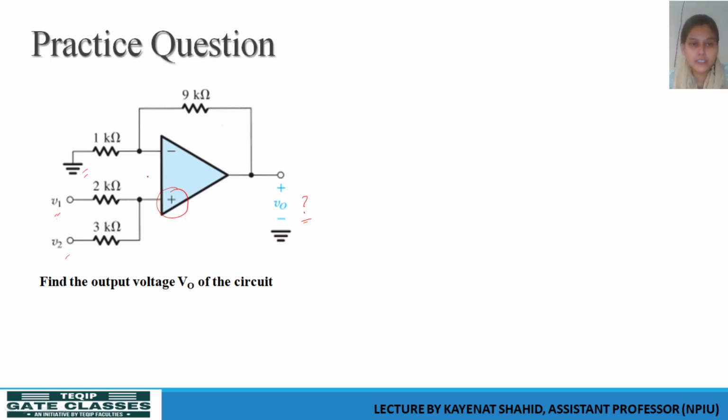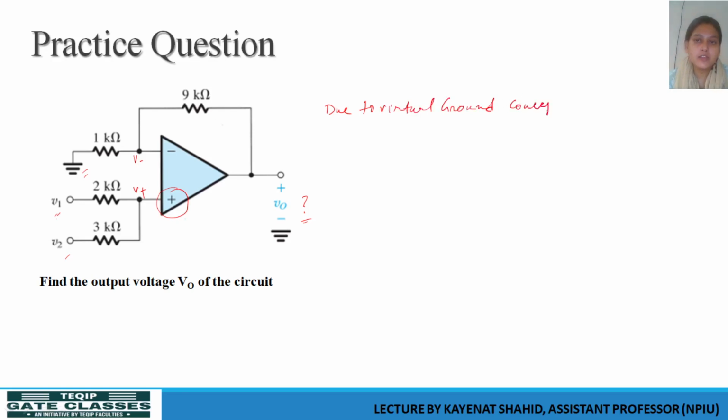We solve it the way we have been solving operational amplifier circuitry. One thing, for V minus and V plus, is the virtual ground concept that we have already discussed many times,